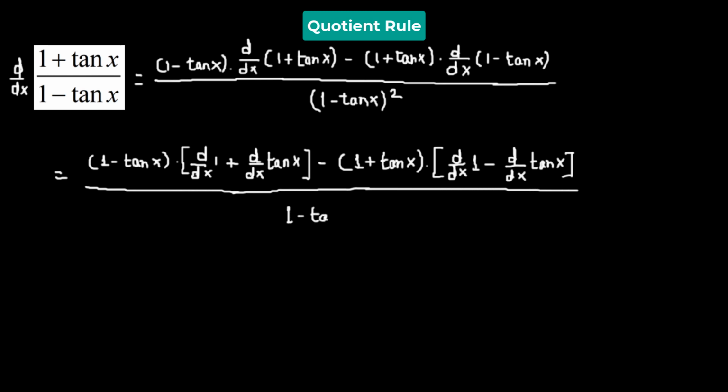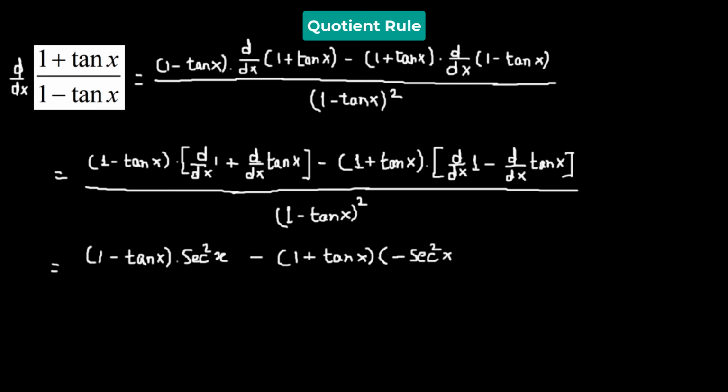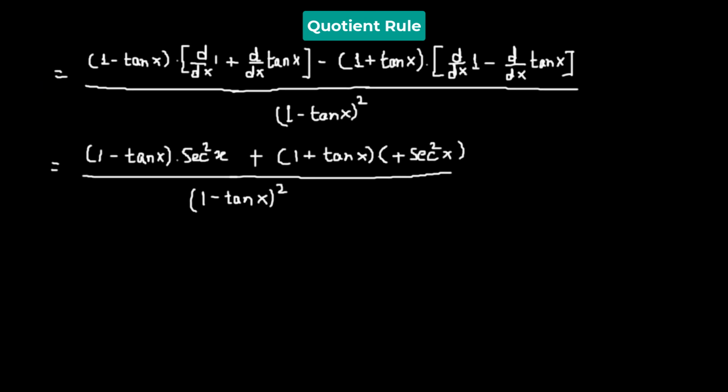1 minus tangent of x whole squared, which is equal to 1 minus tangent of x times the derivative of 1, which is 0, and the derivative of the tangent function is secant squared x, minus 1 plus tangent of x multiplied by the derivative of 1, which is 0, so we have negative the derivative of this tangent function, which is secant squared x, whole divided by 1 minus tangent of x whole squared. So the negative secant squared and the negative here will become positive, so let's make it positive, which will give us secant squared